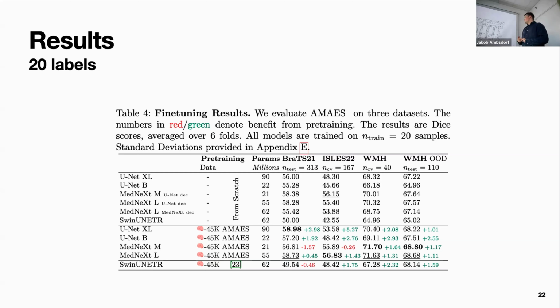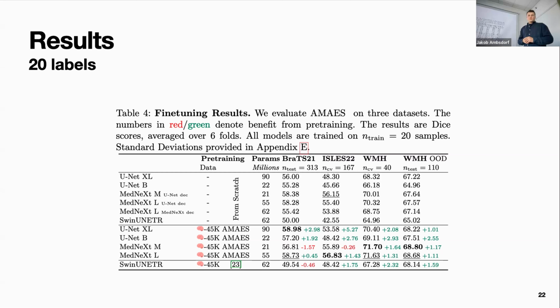But yes, what you see here are the results after pre-training. Bold is the best result, and underlined is the second best. And what you can see in green and red is basically the change from no pre-training to the pre-trained model. You can see that on average, we get a 1 to 2 Dice score point improvement, in most cases, sometimes higher. And then we also have the MedNeXt M where we actually are a bit lower, surprisingly. But that one also had very good baseline performance here.